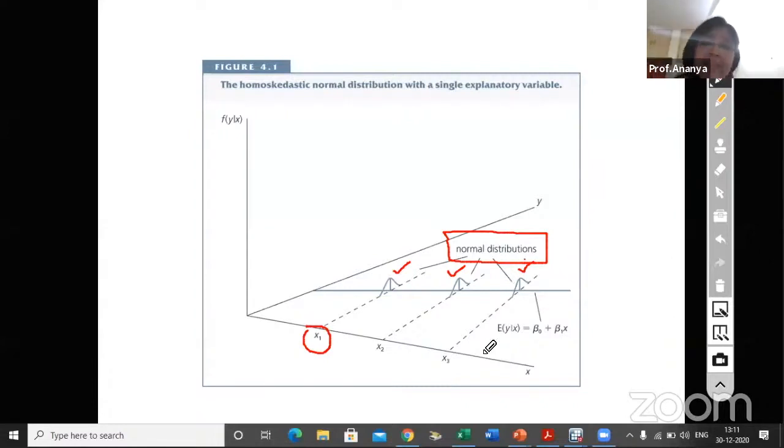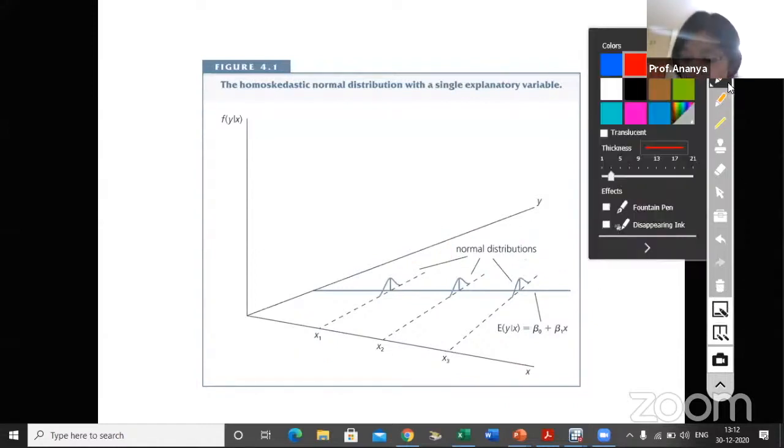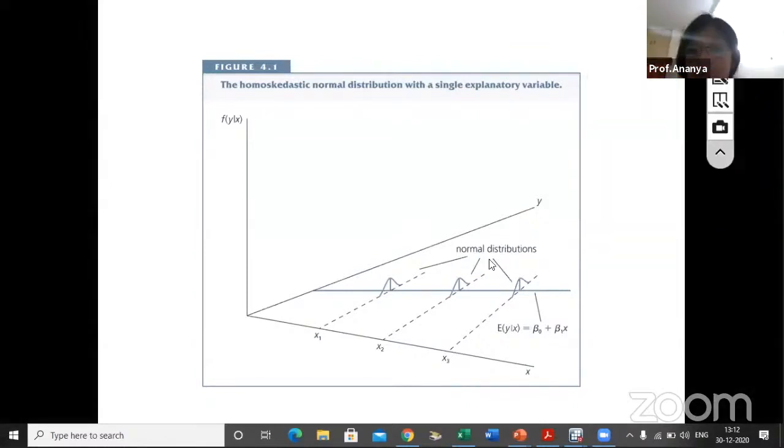I'll just take one more minute before I come to the questions, which is to show you what happens when the errors are not homoscedastic, because I think that's what makes the assumption of homoscedasticity a little bit clearer. So when the errors are not,